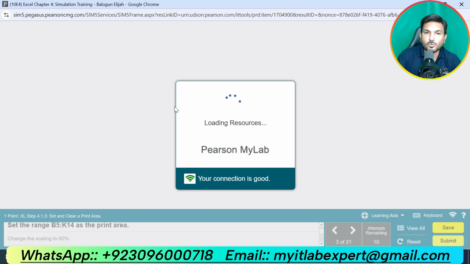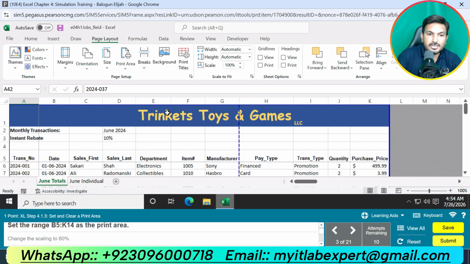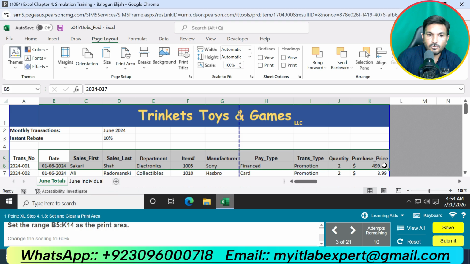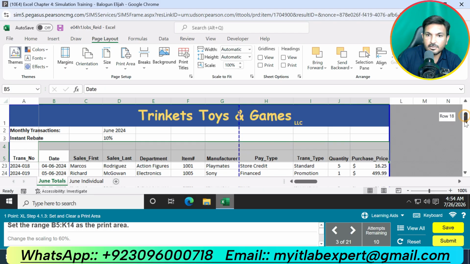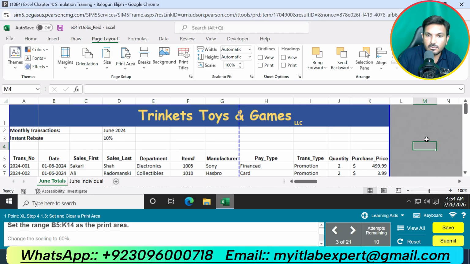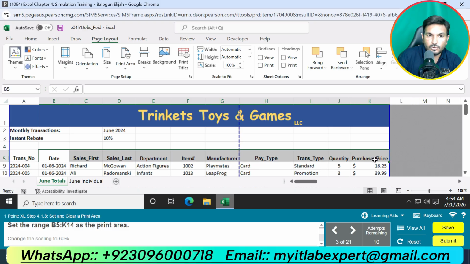Now we are supposed to do the next question, that is question number 3. Question number 3 is saying, set the range B5 up to K14 as a print area. So B5 is here up to K14.